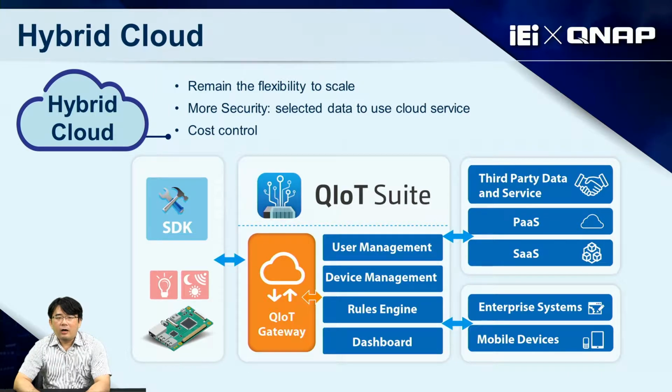In the hybrid cloud, QIoT supports third-party APIs. It can easily support other cloud services. For example, data analysis and control interfaces like Power BI can be used for data presentation and analysis, and can be connected to the systems commonly used by users.